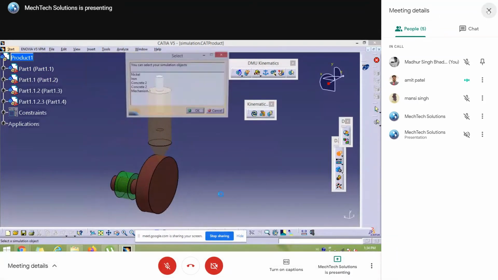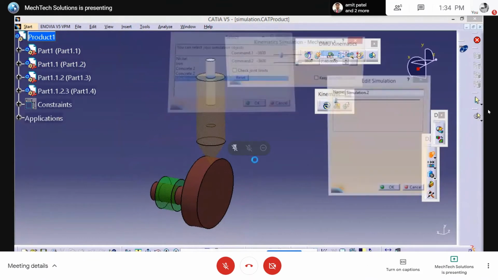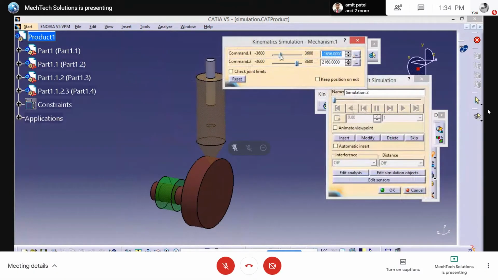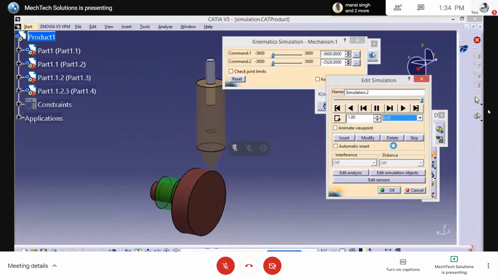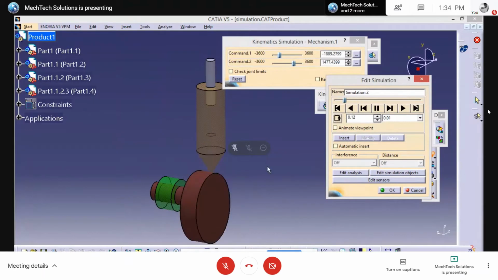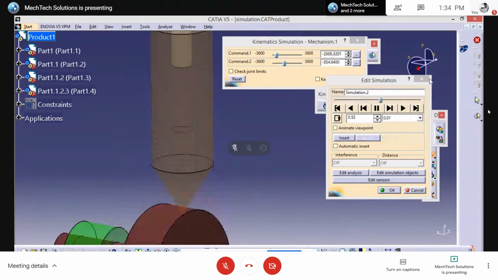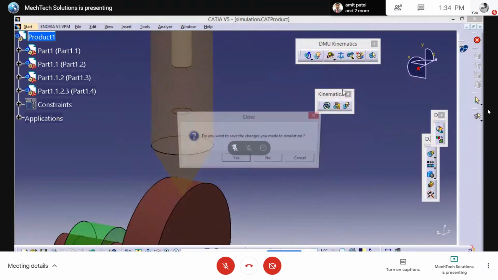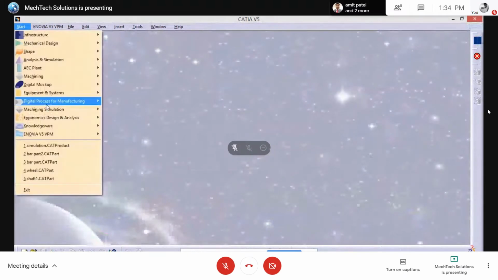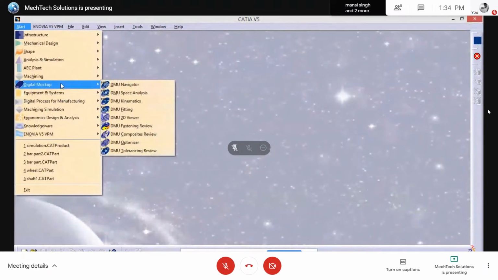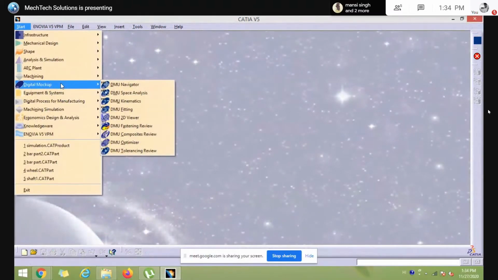So I am running mechanism 1. It's a cam and follower mechanism. So let's start how to create a cam and follower mechanism. To create it, I will follow the top-down approach method. By the top-down method, what I will do,